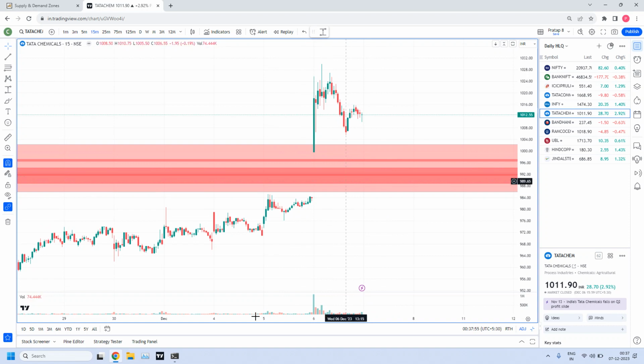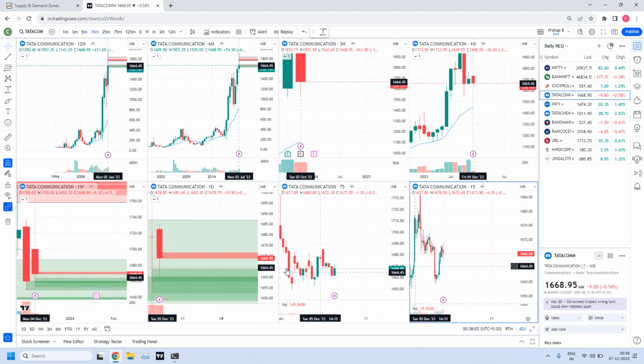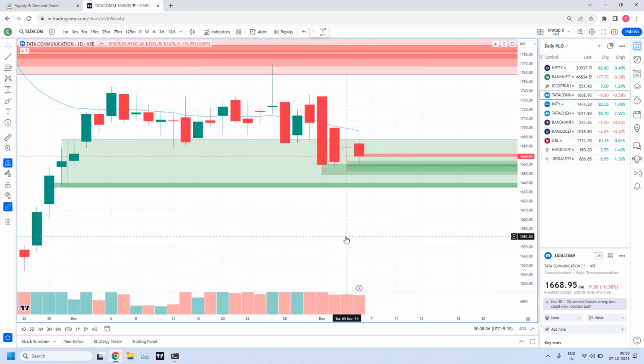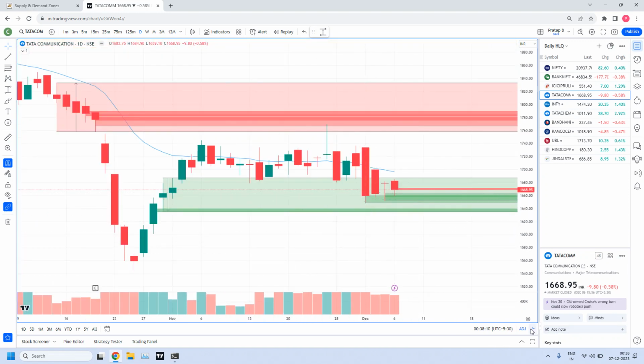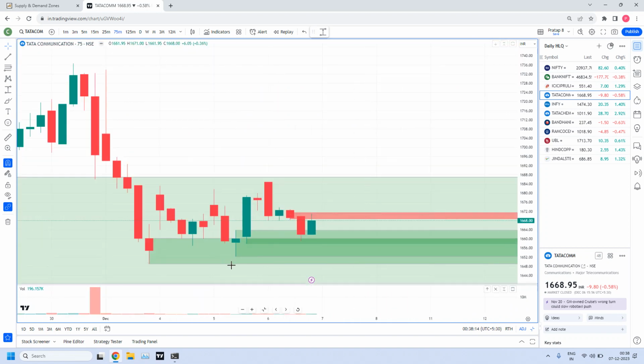But Tata Communication, we didn't do like that. Tata Communication, what we did? See again, if you have any confusion, let me clarify. Tata Communication, first we went to daily time frame. Inside daily time frame, we identified 75. Moreover, this 75 is also high liquidity zone. This is a drop, base candle, and again a,